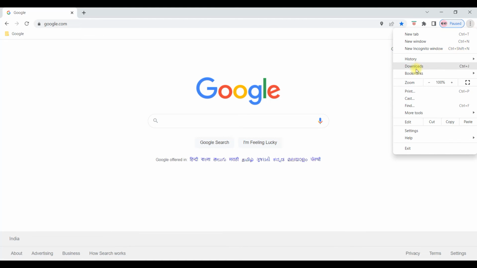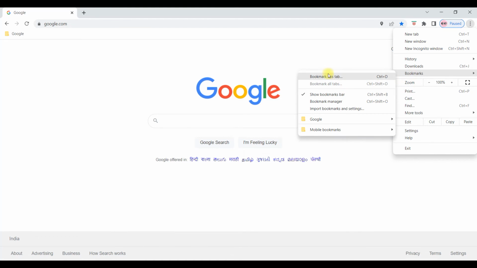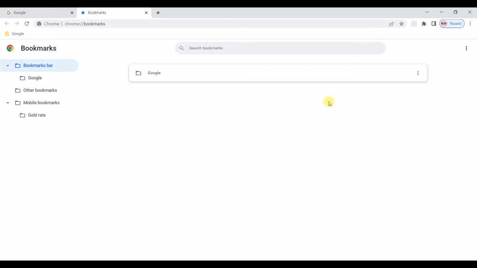Also, if you want to see all the bookmarks that you have done, if there are maybe 10 or 20 bookmark URLs, you can use this bookmark manager option. Click on this option. If you have maybe some 10 to 20 URLs bookmarked, you can see all of them in the bookmark manager page, and it will open in the new